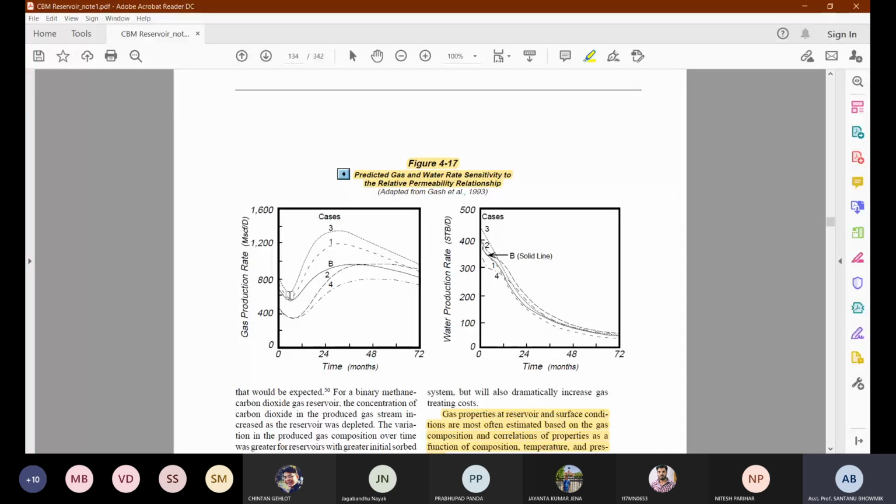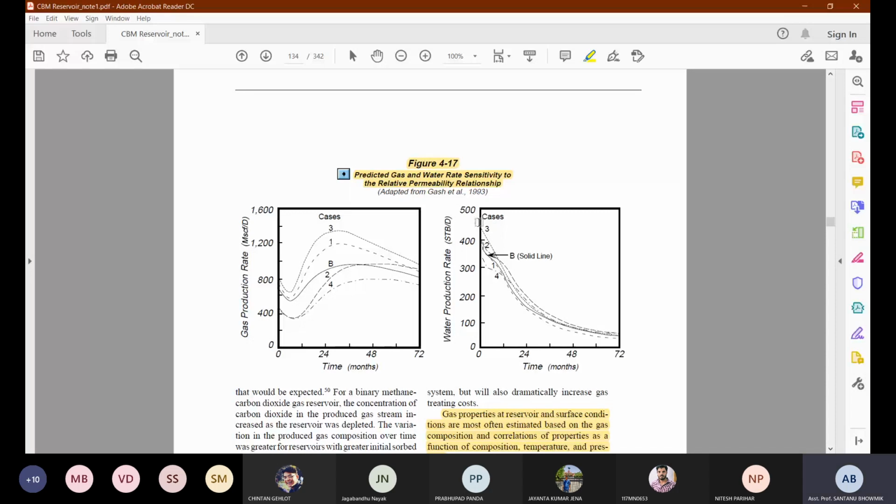You can see that in the left graph, for the gas production rate, the base is the average one. The third one is giving you the highest, whereas the fourth one is giving you the lowest. The third one is giving the highest production, and the fourth one is giving the lowest peak. And then on the right side, the water production rate,